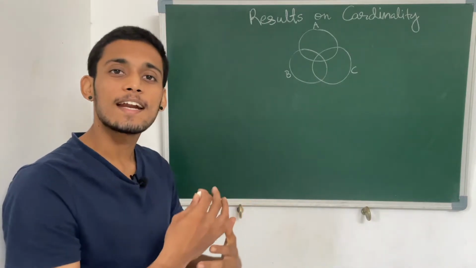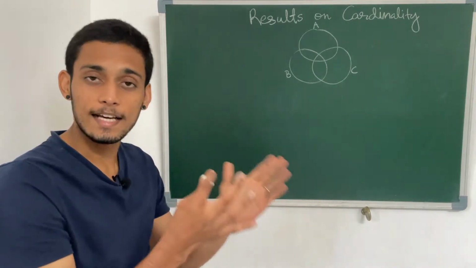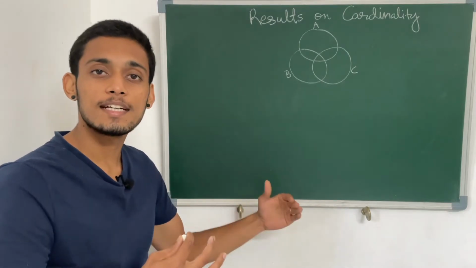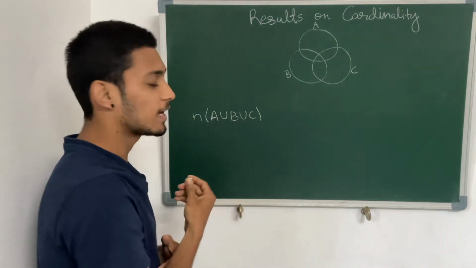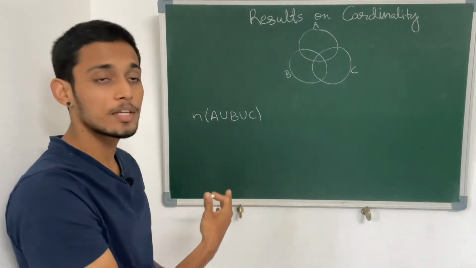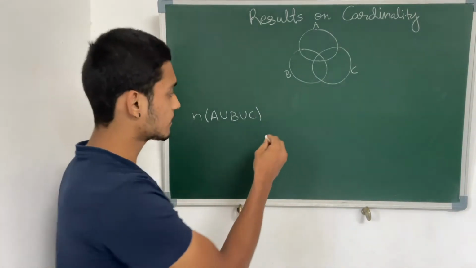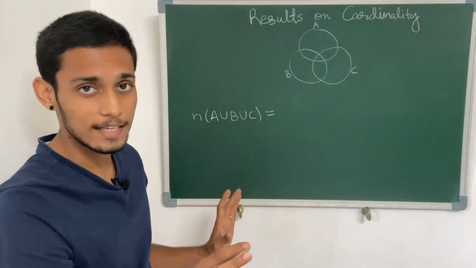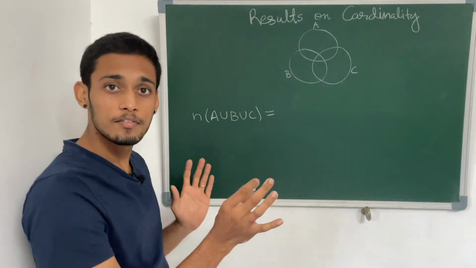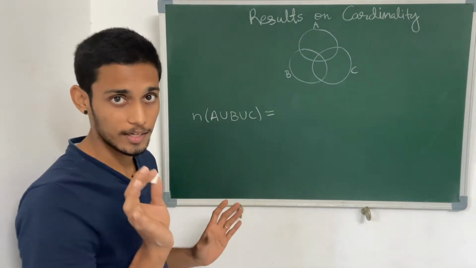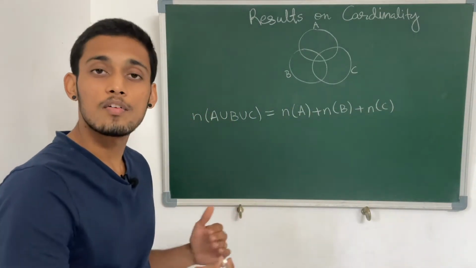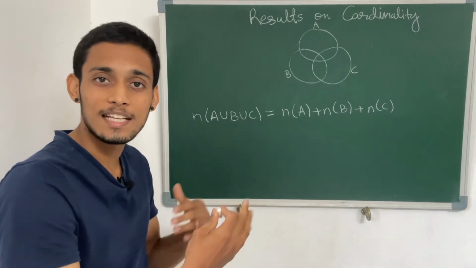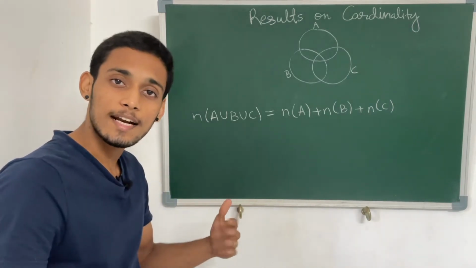So I will directly try to get a logical deduction for the cardinality of the set A union B union C. Let us see. So we have the cardinality of the set A union B union C as, we are just counting all the elements. So just let us write down first the cardinalities of each of them individually. So we have written down. So now we know that there are some common elements that have been counted twice. So let us try to remove them.